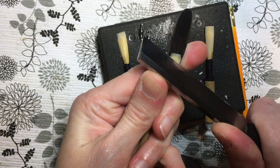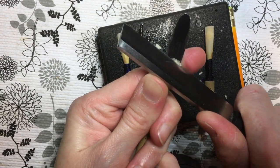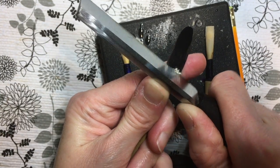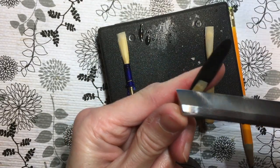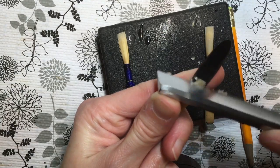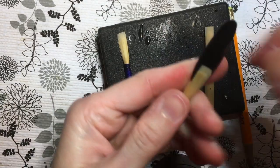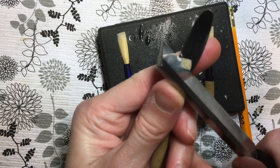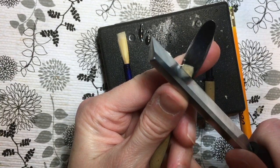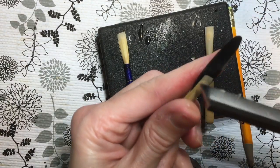See if I can go more into the meat of the heart. I really like mine to sit at about 65 millimeters. This was sitting up more like 67. I am definitely, let's see, 65 is not universal, that's what I'm trying to say. 65 millimeters is what I use. Many people do 66 or 67, but since we were already having a problem with not enough tip to be